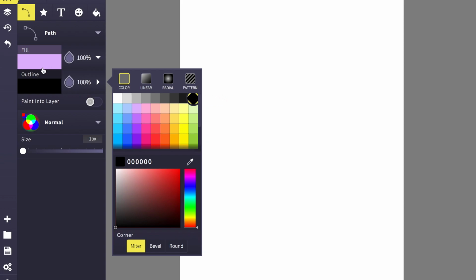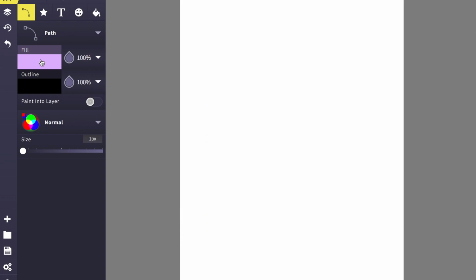Okay. So on the paper, on the page, you're going to click and then make another selection, make another selection, and as Photoshop, you have this